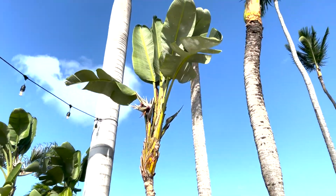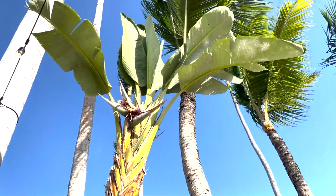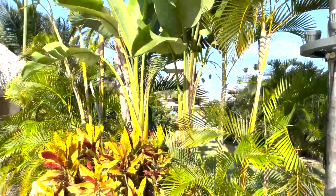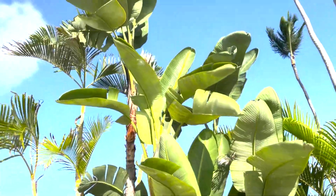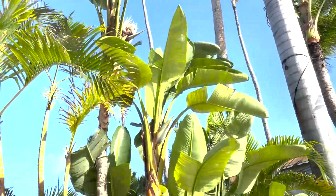This large tropical is a white bird of paradise. At my house it's tiny, but maybe someday she'll grow nice and tall just like these. They're beautiful, and I haven't really seen the white ones in the wild before. Not that we're really in the wild, but